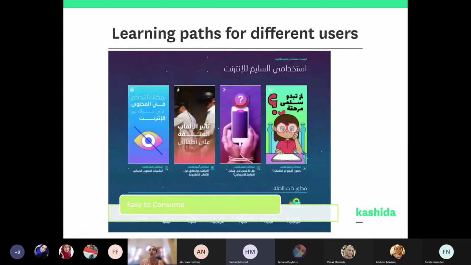How do we allow these different users that are using the same platform to get the knowledge that they need in a smooth way, and at the same time open up their access to different types of knowledge? Because a caregiver might also be a teacher, or a teacher might also be a youth as well, or the child might have parents and teachers dealing with their learning of cyber safety issues. So what we did is each theme goes into a landing page, and this landing page has 4 types of content.